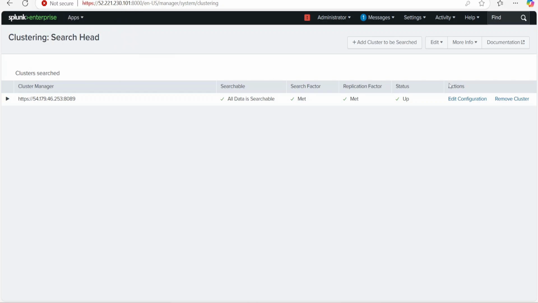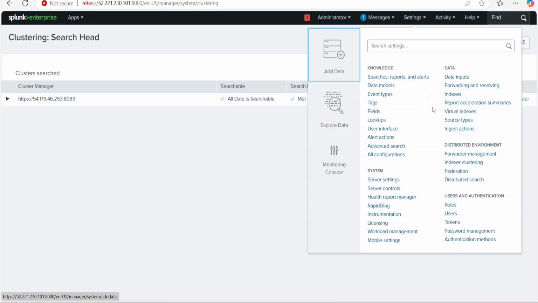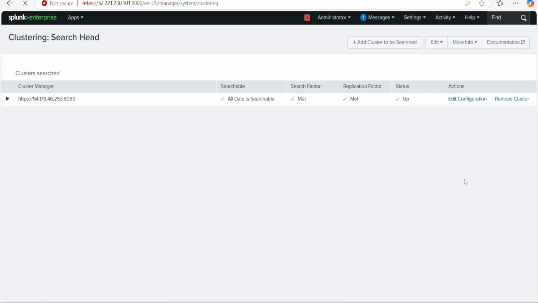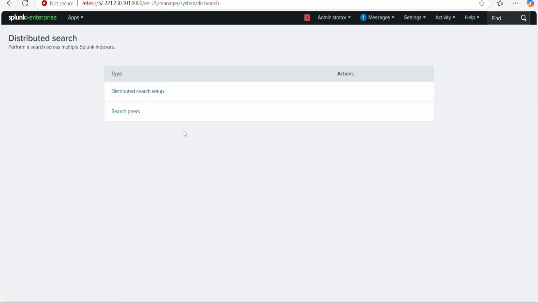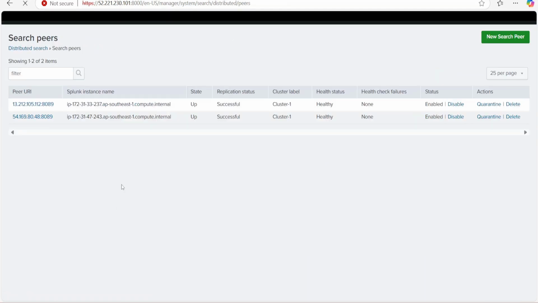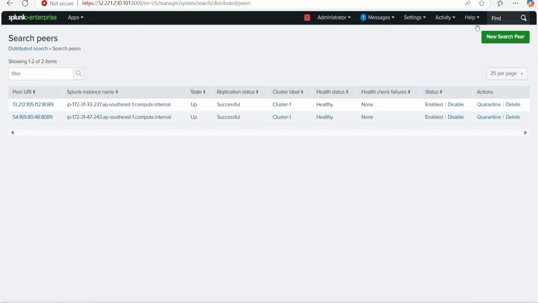And the important thing to show you, if you go to distributed search now, you will be able to see both your peer nodes as the search peers for this. So you do not explicitly need to add your peer nodes as your search peer here. It will automatically add them. So now if you search here,